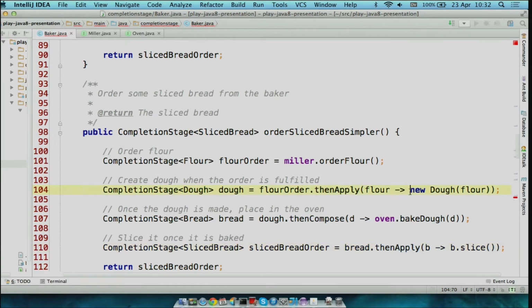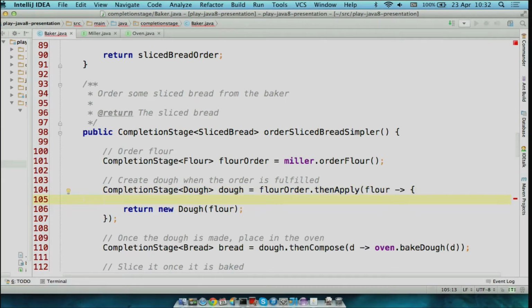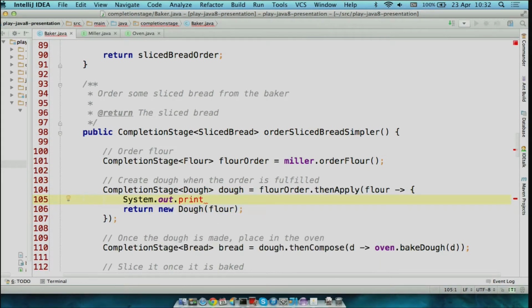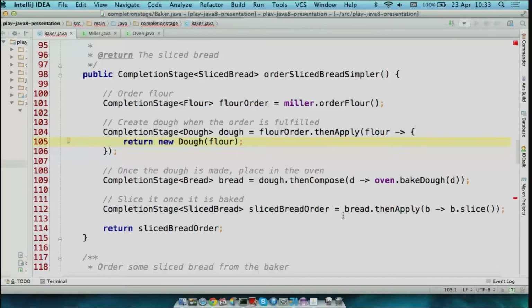Now, if these methods were a bit more complex, which they can be, I can, for example, put some curly braces there, and then I can do other things inside this lambda, such as printing stuff out or whatever, and often you'll need to do that. So the lambdas can be quite complex, but in this case they're actually not that complex because in each case, we're just invoking a single method with the argument that's passed in.